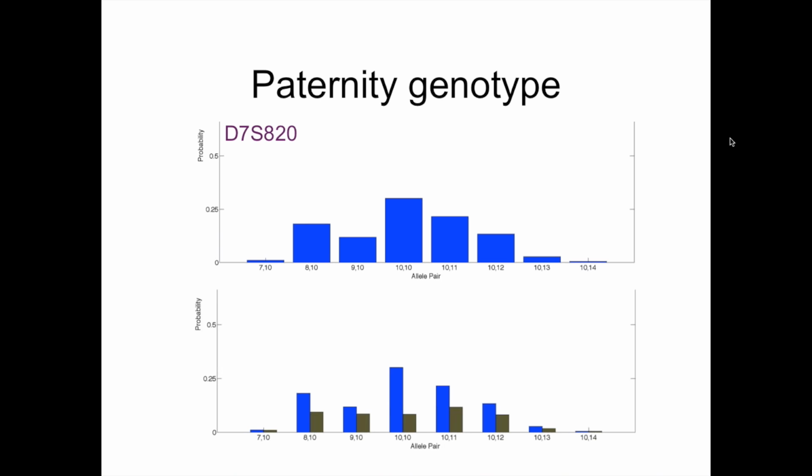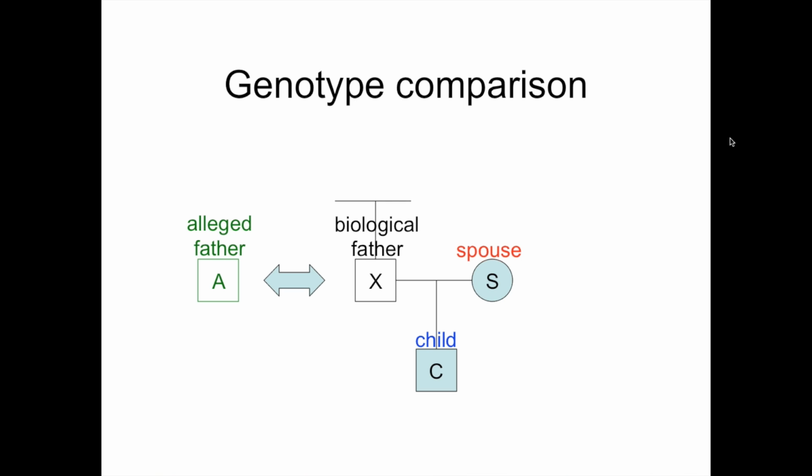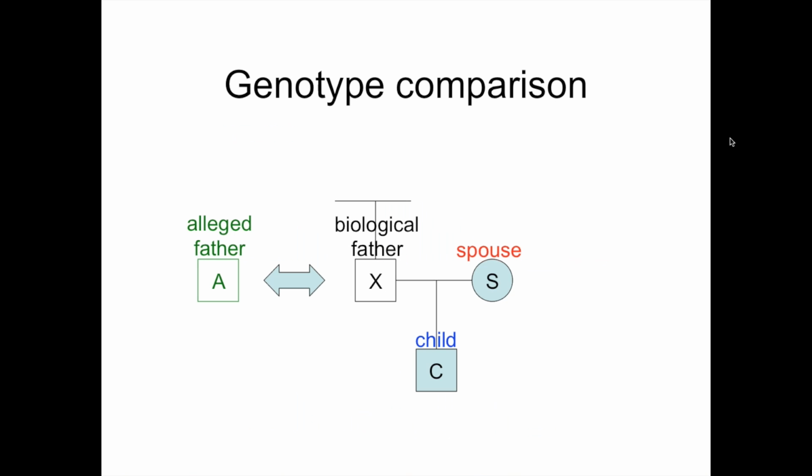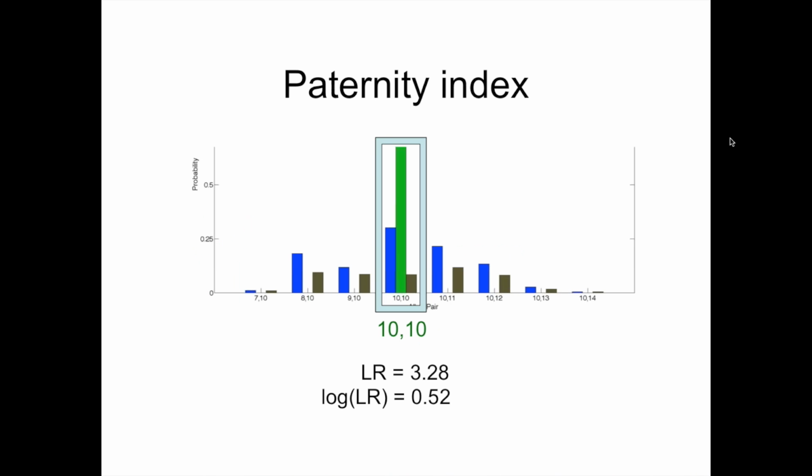The way we extract that information is we make a comparison now with an alleged father A. So previously, we just had a paternity genotype as a probability distribution. We didn't have a particular suspect or alleged father to compare with. Now we want to make a comparison. It'll be of genotypes. The genotypes at every locus of the alleged father A, shown in green on the left, and the genotype of the inferred biological father from kinship information, who has the genotype of the individual who fathered this child together with the spouse. So to do that,